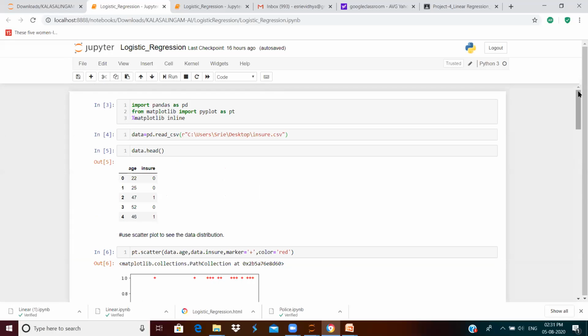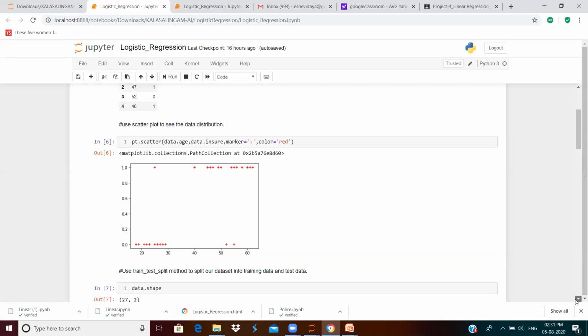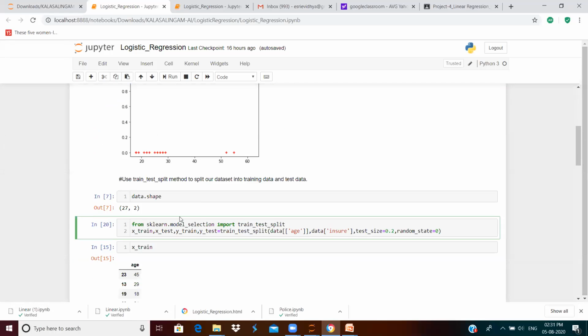And in case of logistic regression, let me summarize this process. We split the data into a training data set and a test data set using the train_test_split method. This is available in the sklearn library, so we have to import the library.